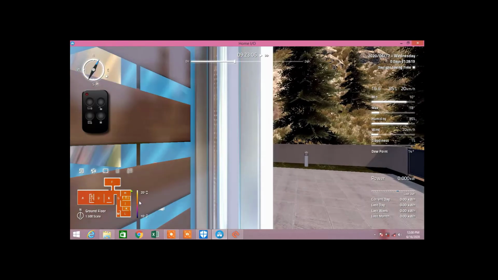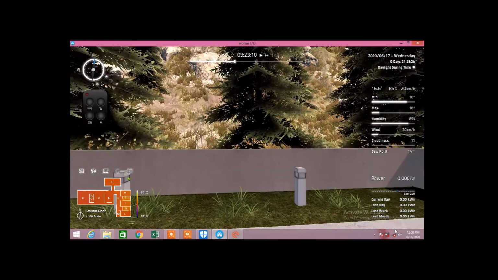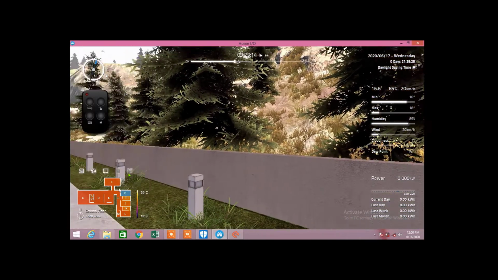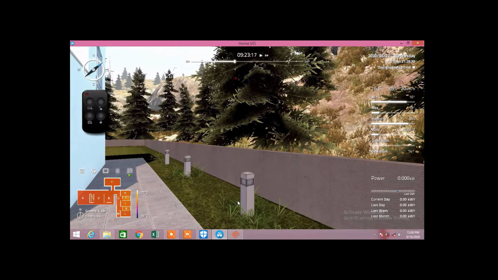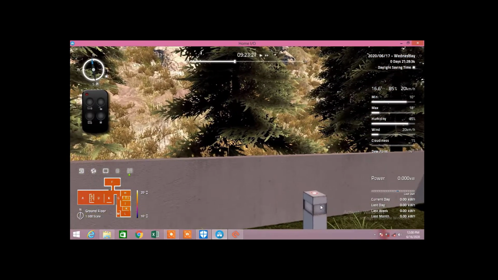Here you can see several garden lights. These are all garden lights. 1, 2, 3, 4 sets of garden lights are placed. Here you can create your own logic to turn these garden lights on.